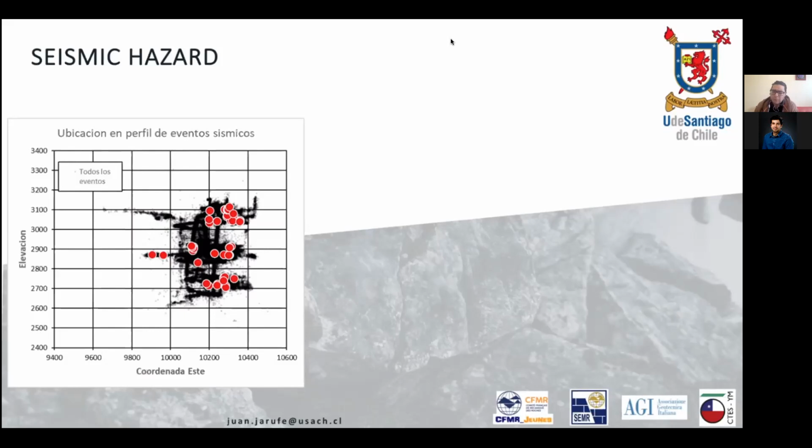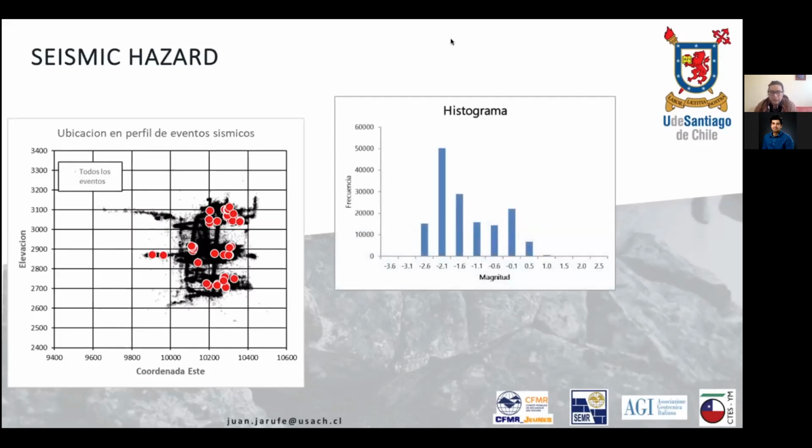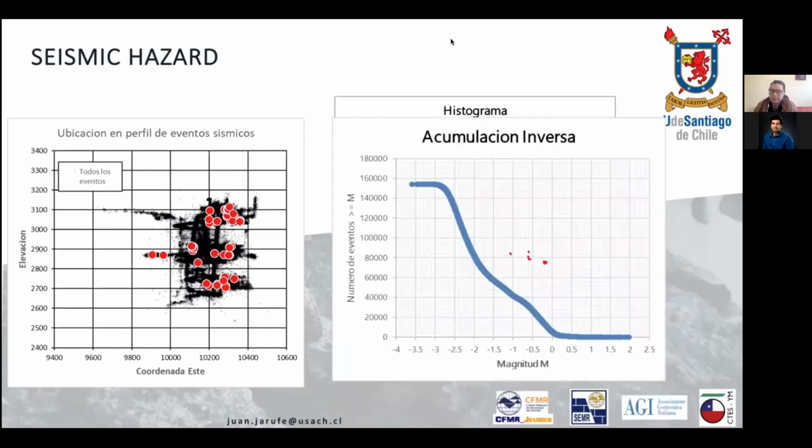But using that seismic data, you can create a histogram of the frequency of the different magnitudes, how many events per magnitude range you have. But you can use that same data, that same histogram, to create a cumulative chart. You can add this to this, and then this other, adding from the largest to the smallest, and you can create something like that, a reverse